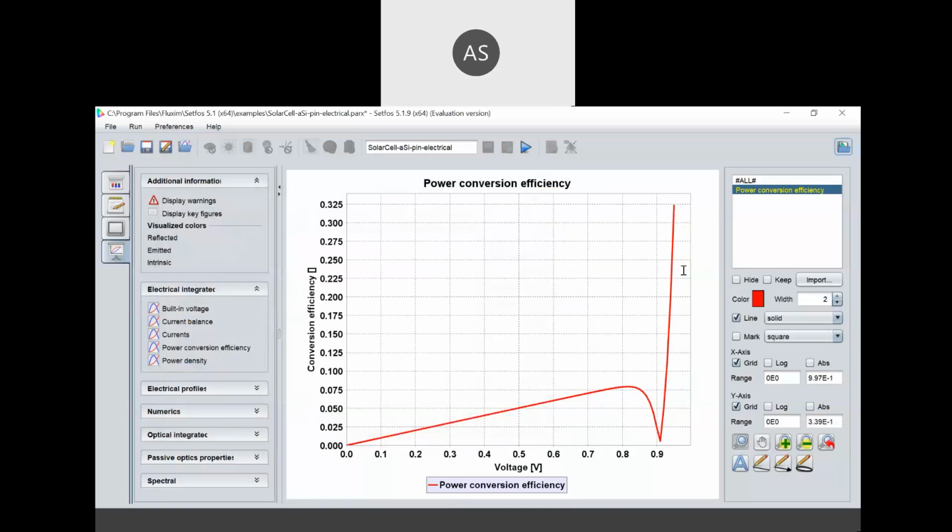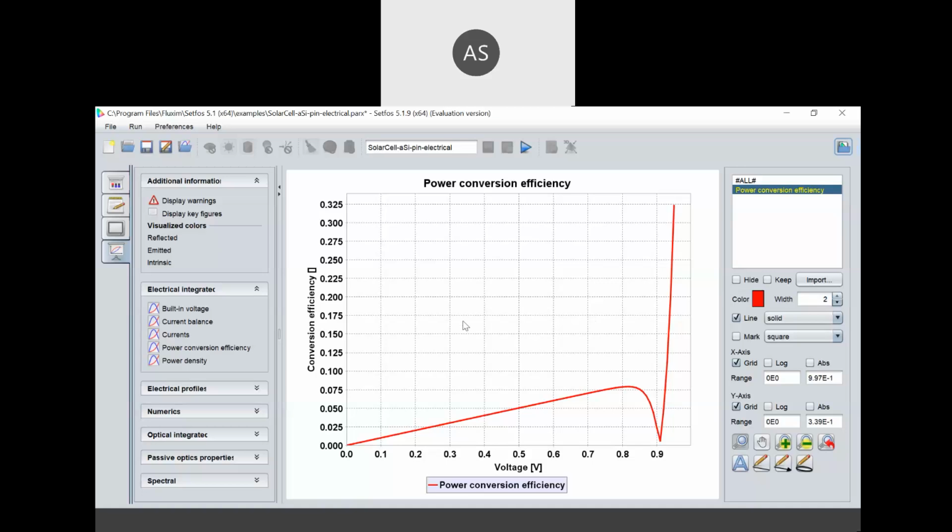Now next is basically power conversion efficiency graphs. There are three regions: first, third, and fourth quadrant. But in your case, only one quadrant, like ohmic contact. Then how to calculate the power conversion efficiency? You can decide and specify your accurate modeling parameters.